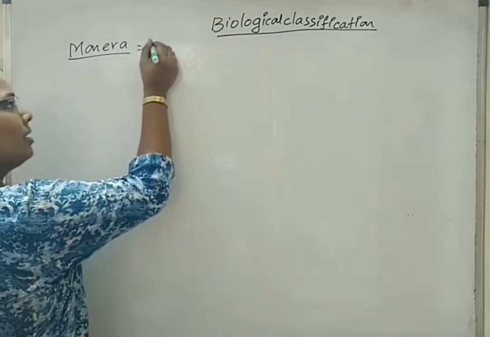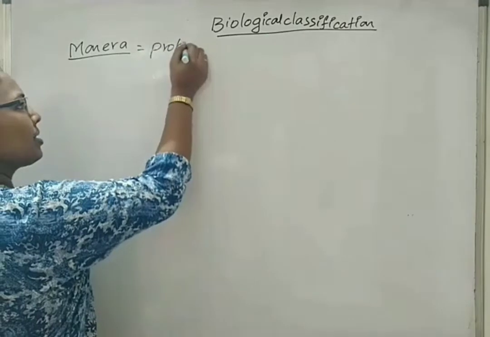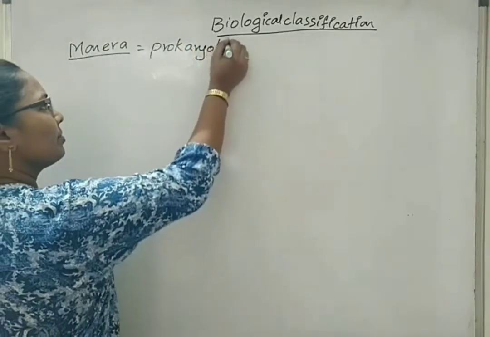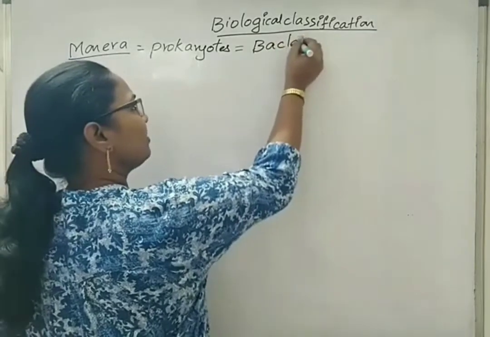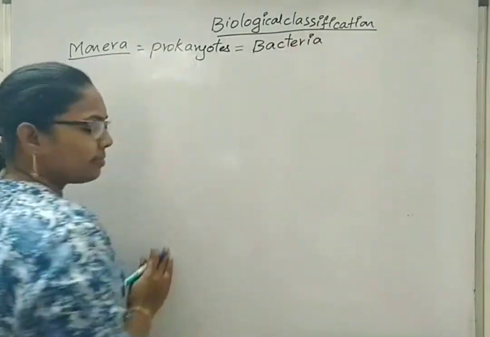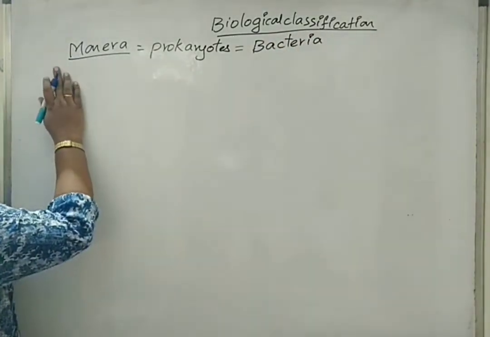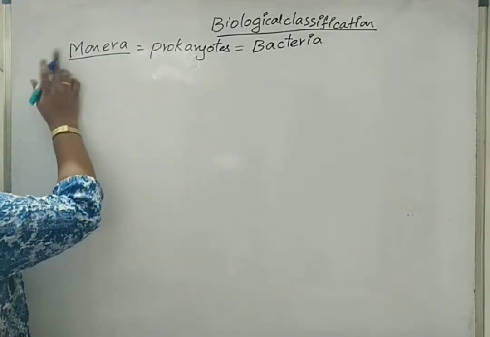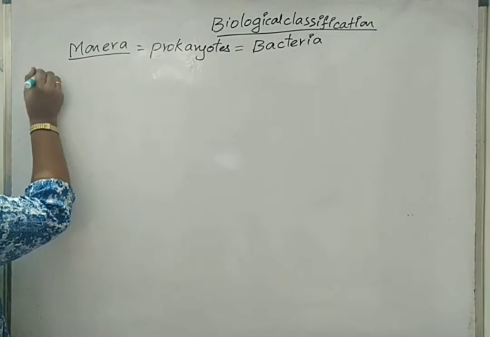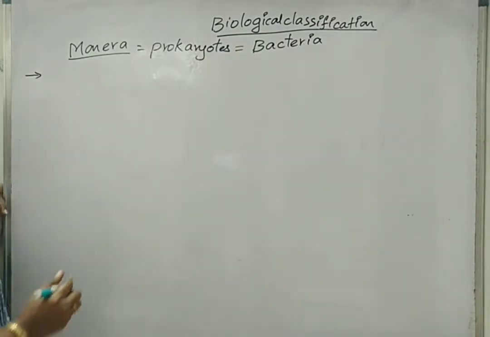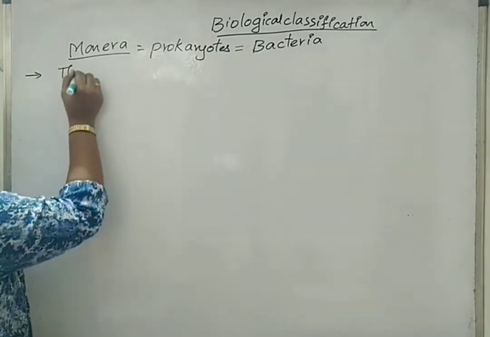Monera are nothing but prokaryotes, which deal with all types of bacteria. Monera is considered the first evolved kingdom according to Whittaker. We will see some of the characteristic features of Monera. They are